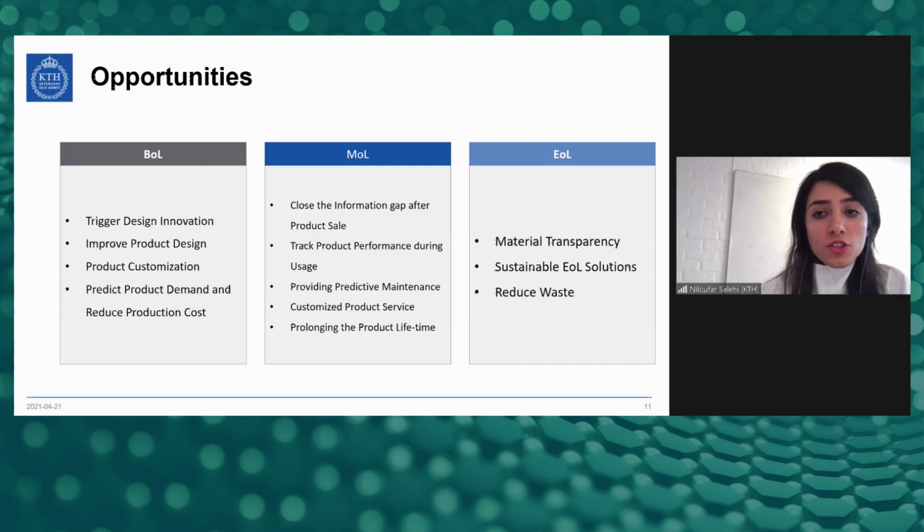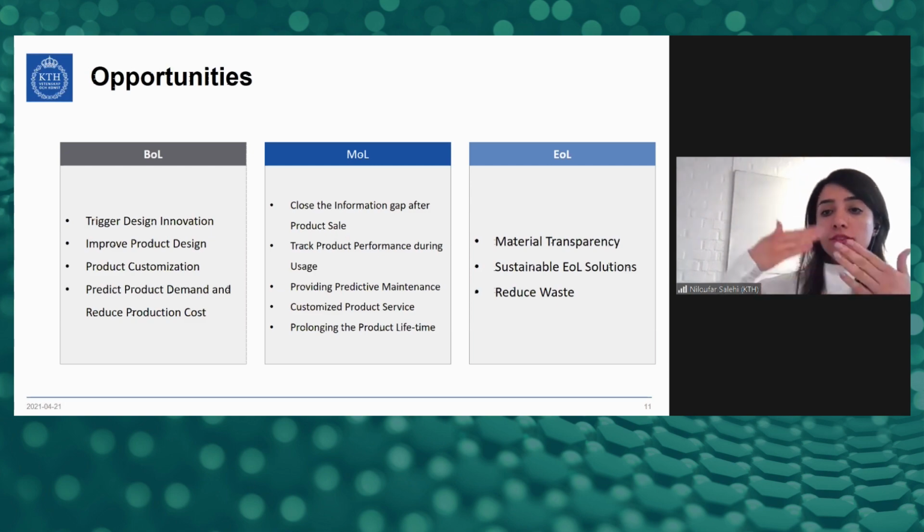I try to categorize the opportunities and challenges of information and communication technologies in three stages of a life cycle. For example, if we use these types of technologies at the beginning of the life cycle, we can have innovative design, because based on the data that we gather, we can improve our design for value recovery. Or for example, in the middle of life, we can